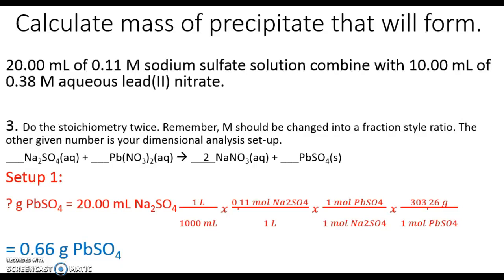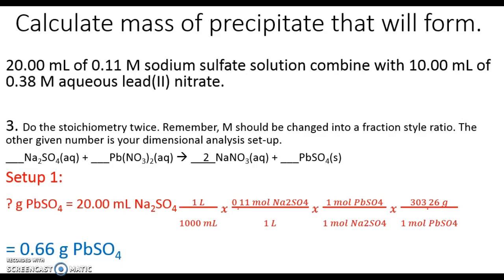Next, once I have liters, I can use molarity itself in the fraction style ratio to go from liters to moles. Then I cross the mole ratio bridge from moles of my starting substance, the sodium sulfate, to moles of my ending substance. And then finally I go from moles of lead sulfate to grams of lead sulfate using its molar mass. And when I do that mathematical